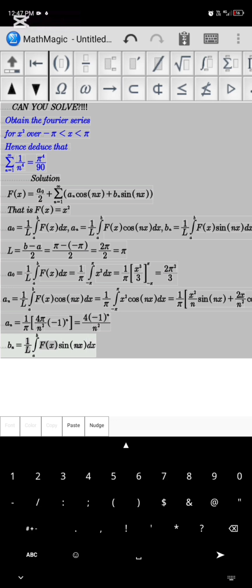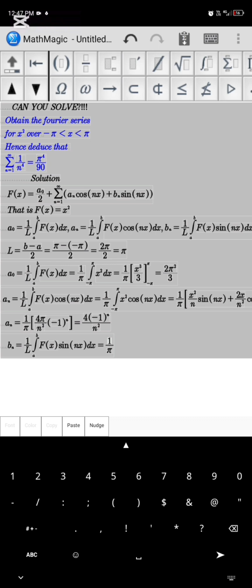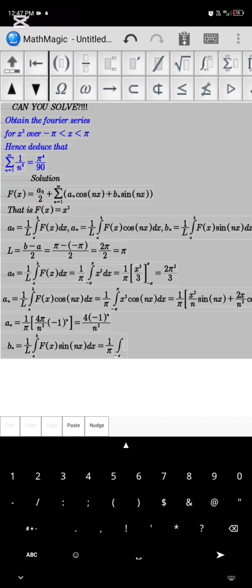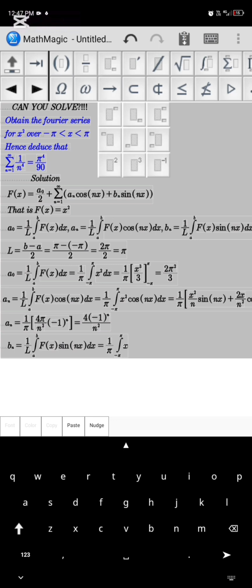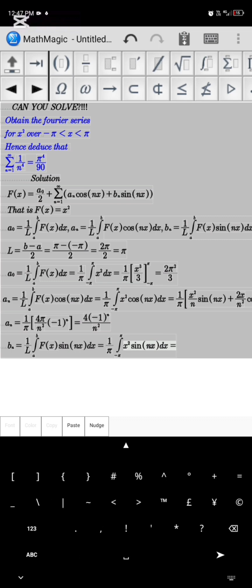Okay, so this will just be 1 over pi, then the integral from minus pi to pi, that's the limit of the integral. Then our f of x is not changing, which is x raised to the power of 2, multiplied by sine nx dx. So using integration by parts also,